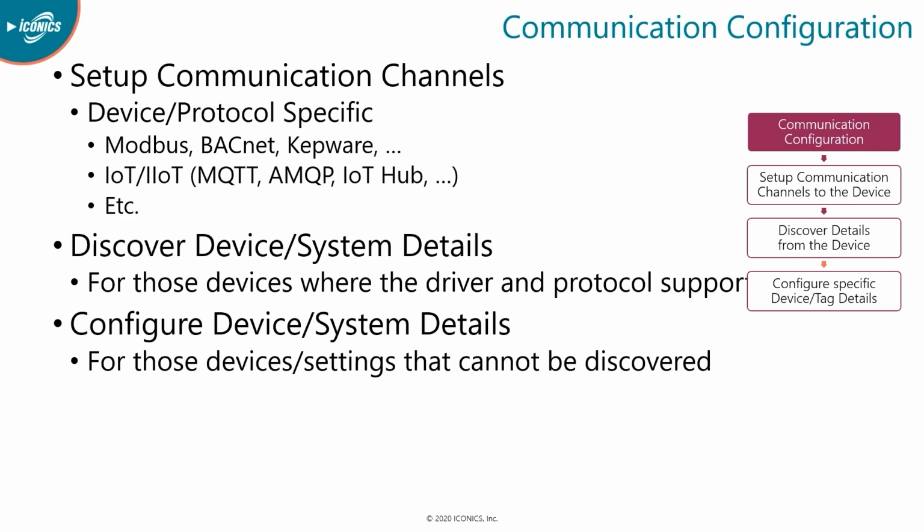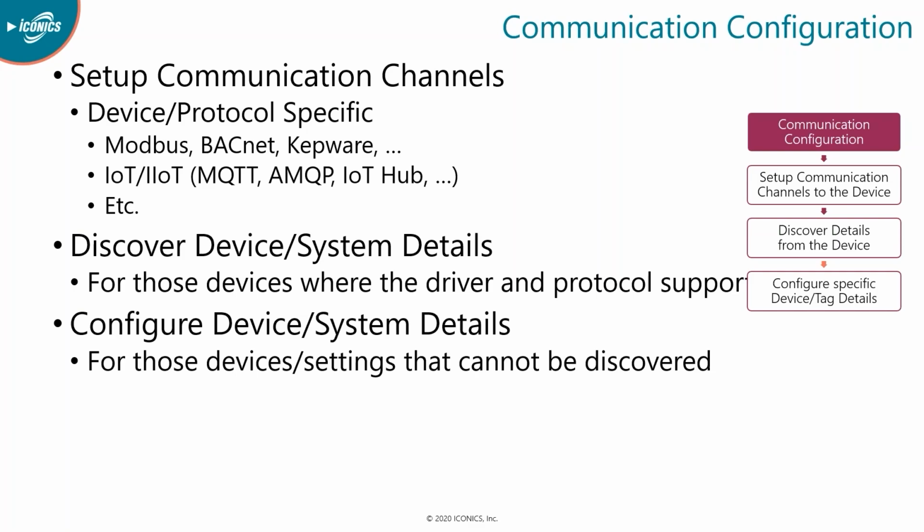So we would use MQTT or AMQP via IoT Hub, but also Event Hubs, Event Grid, Kafka, a wide variety of mechanisms to get data from systems out there, LoRaWAN, anything that is really appropriate at that level. So we set up the device-specific configuration inside the Iconics environment in the Workbench. Then, depending on the protocol that you use, you may simply discover the driver details. So we can discover the PLC program or the BACnet registers for certain types of devices, or we can